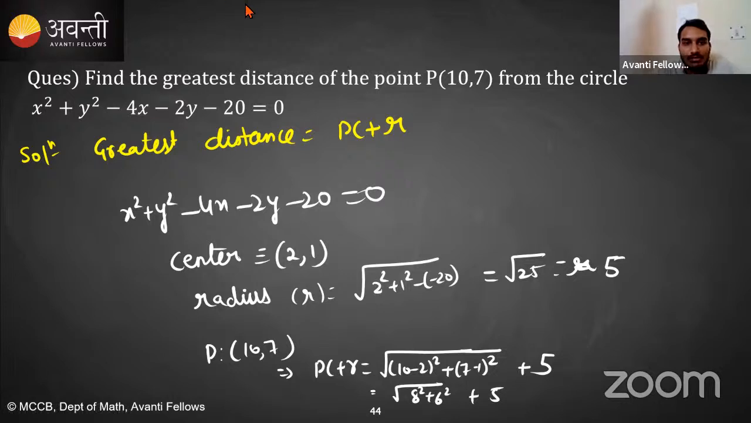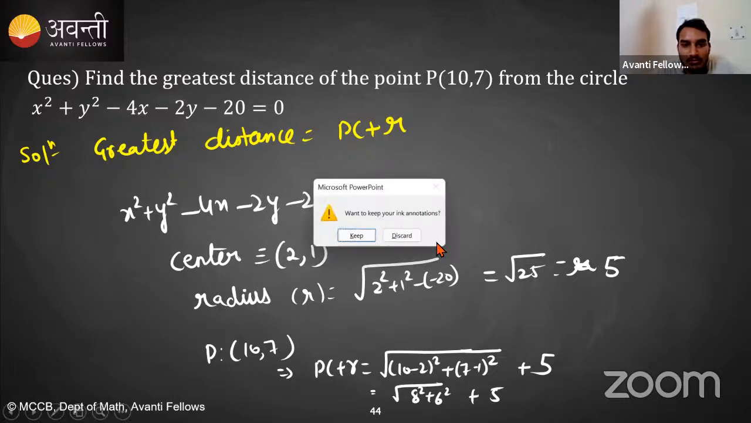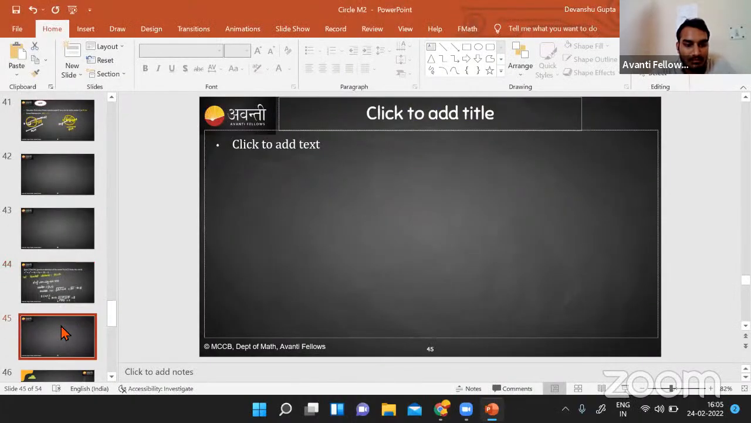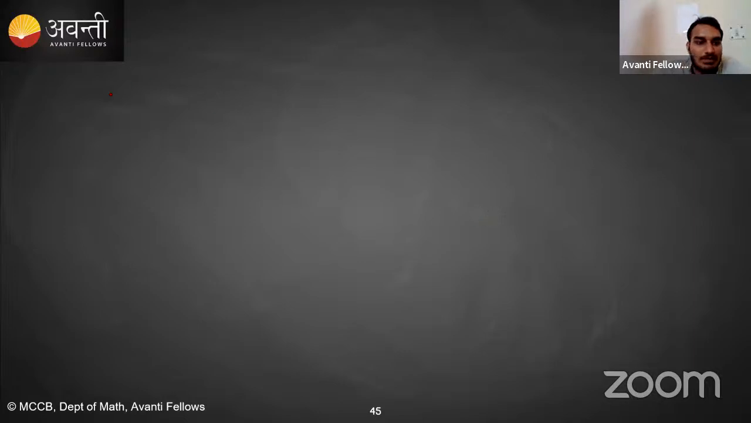Okay, just very quickly, just give me 1 minute. Let me add one more page. Okay, yeah. So PC plus R is